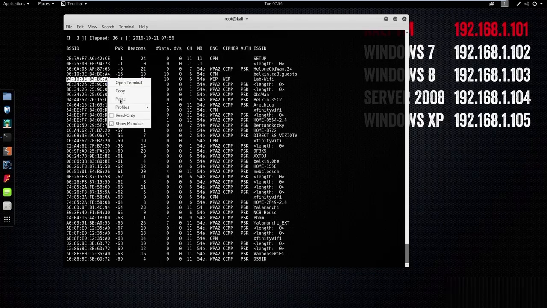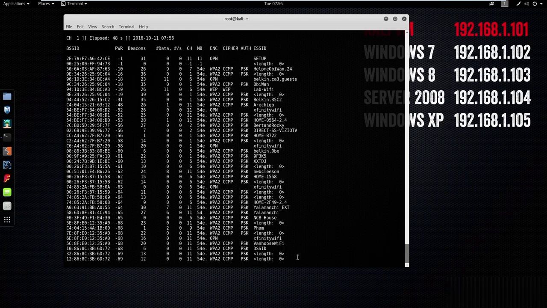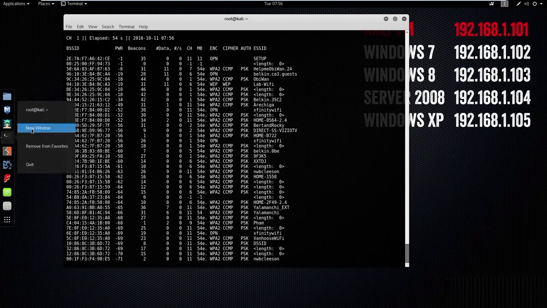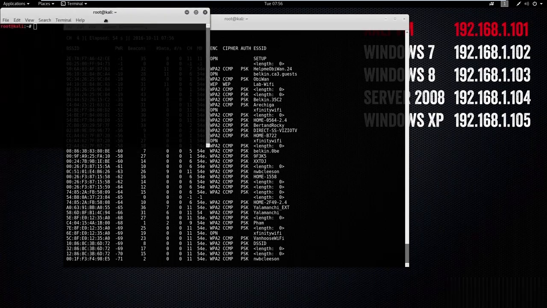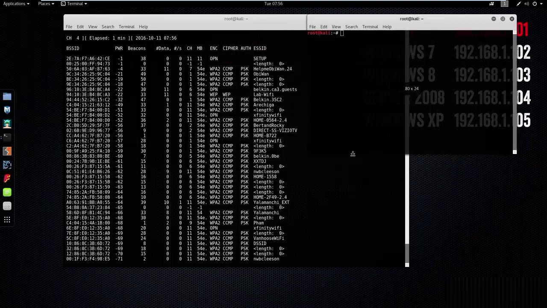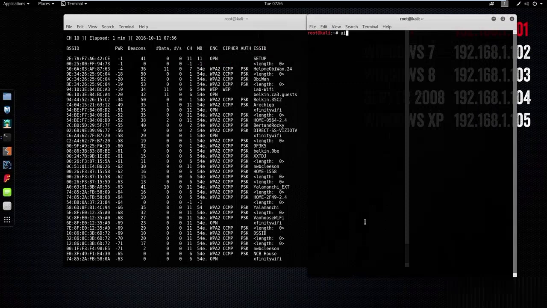You can push Control-C if it's moving around too much, and that'll just stop any new input. And then you can copy that. We're going to open up a new terminal. Now we're going to run Airodump-ng